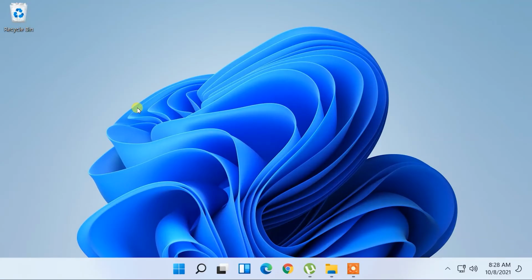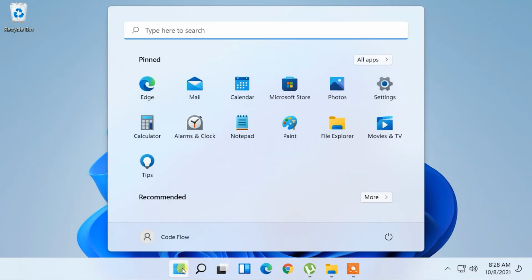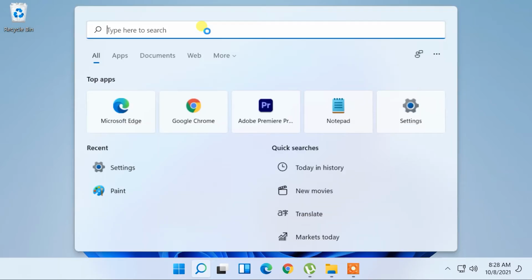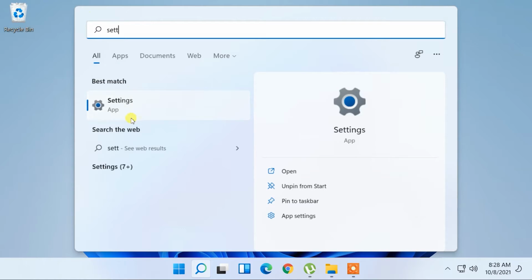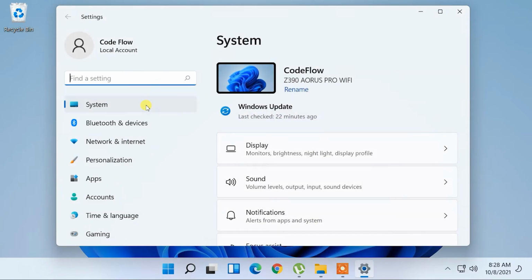So in every Windows we have seen that the Start menu is always located in the left corner of the taskbar, but Windows 11 changed everything. It put the default Start menu and icon in the center of the taskbar, but it also provides us a way to change its setting, and to change it we need to access our settings. It can be found under the Start menu right here, but for any reason if you couldn't find it, then you can also search for settings from here like this. There are lots of customizations that you can do here, but for right now we are interested in personalization.